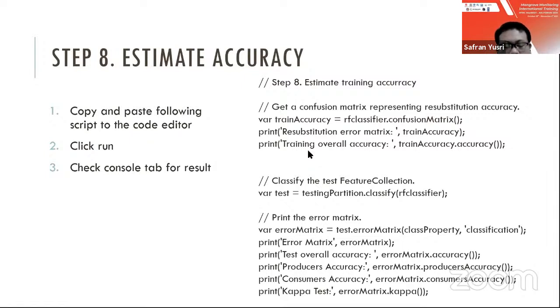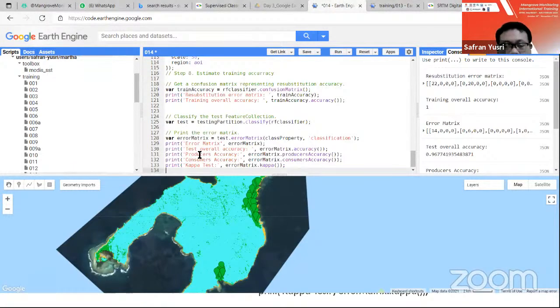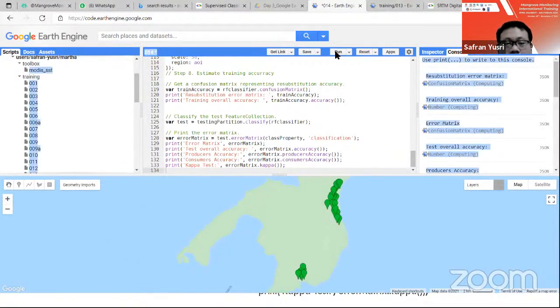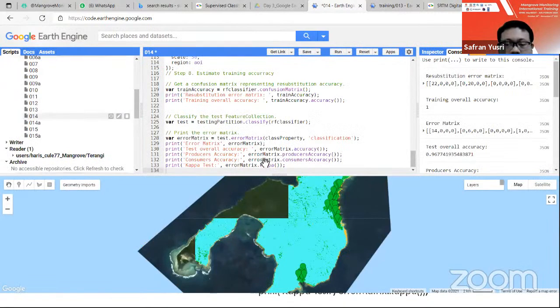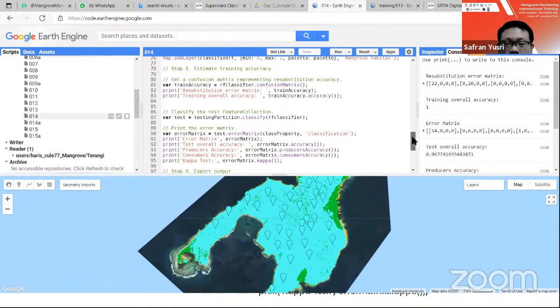First, you need to copy and paste it to the code editor, and then click run. Okay, as you can see here,